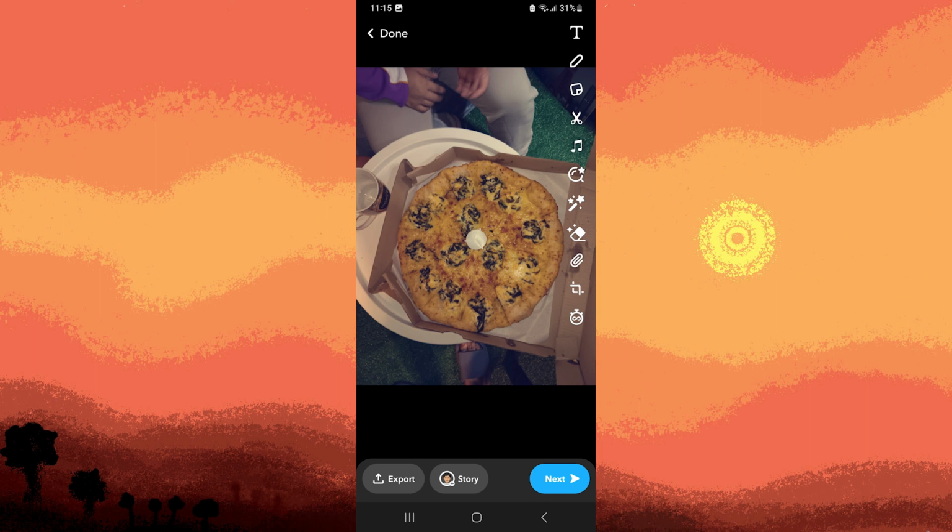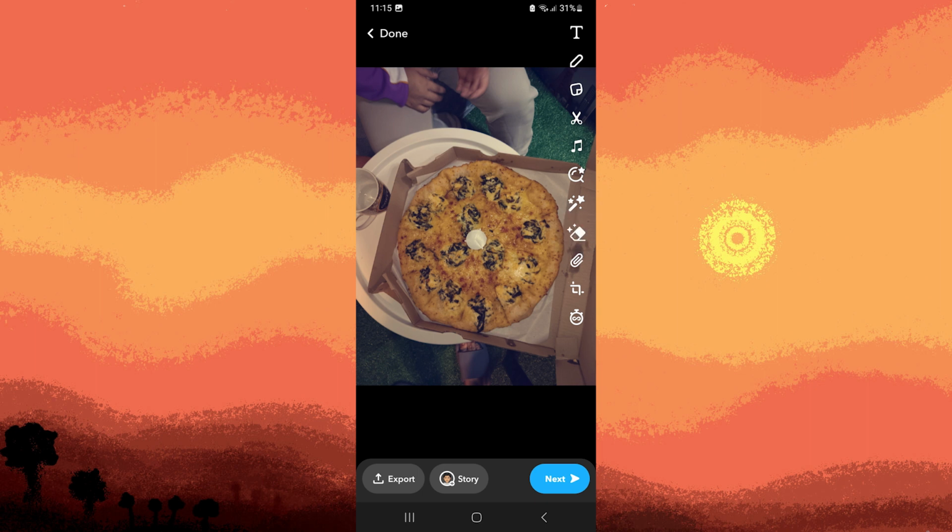You can also add stickers, and if you're using a video, you can use this scissors icon to cut the portions of the scenes of your video. You can also add music, and now you can also add lenses and also the wand that's for the filter,